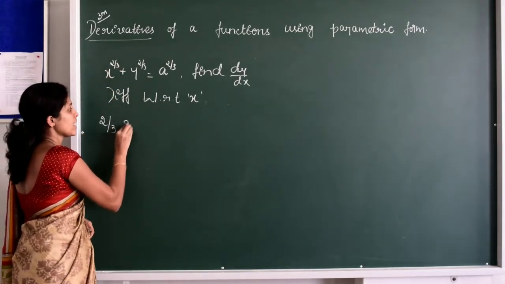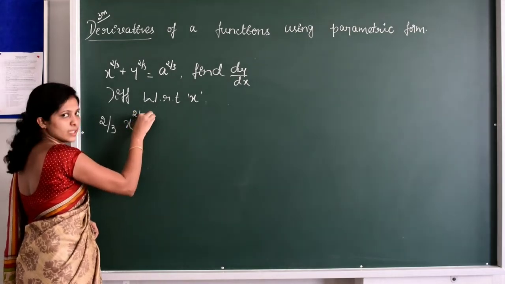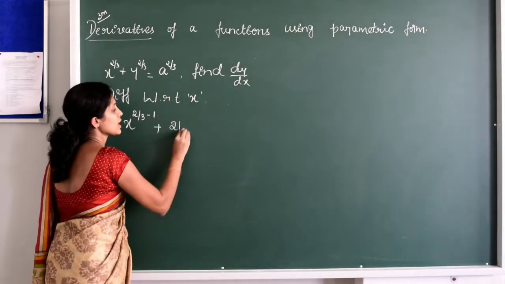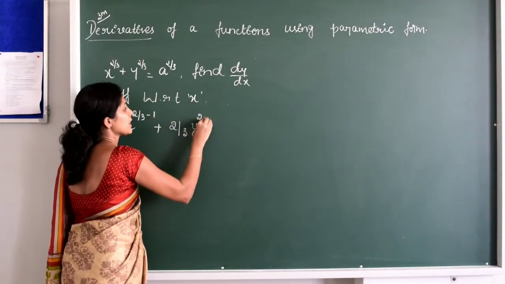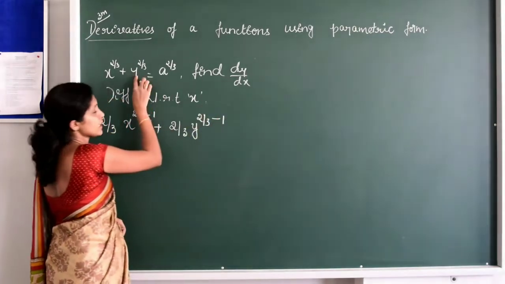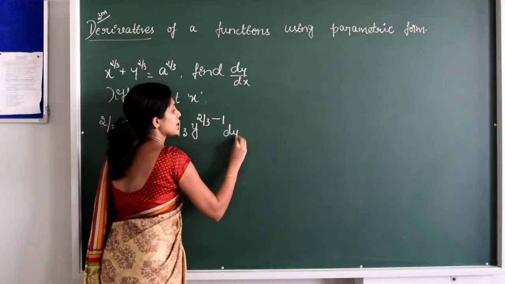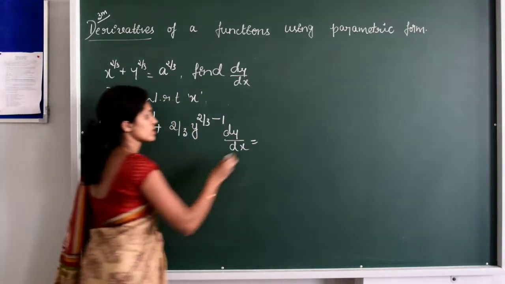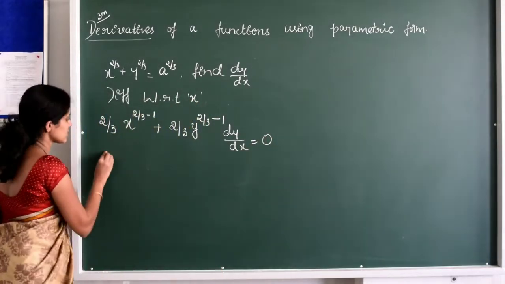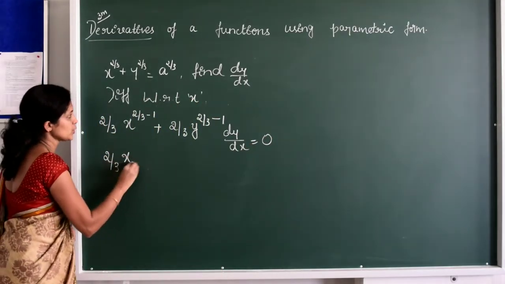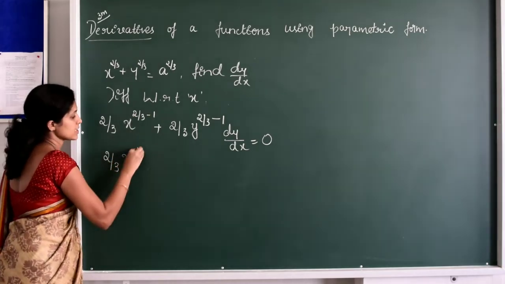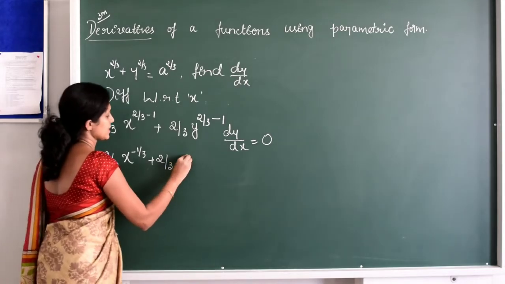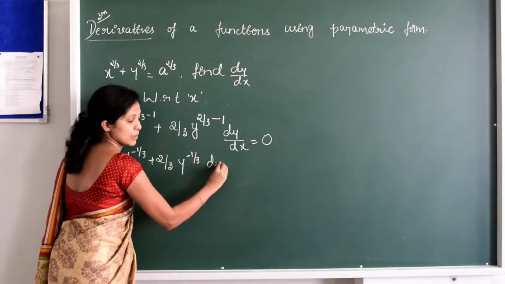So 2 by 3 x to the power 2 by 3 minus 1, plus the derivative of y to the power 2 by 3, which is 2 by 3 into y to the power 2 by 3 minus 1, and the derivative of y with respect to x is dy by dx. This is equal to the derivative of a to the power 2 by 3, which is a constant, so it is equal to 0. Now we simplify: x to the power 2 by 3, taking the LCM, 2 minus 3 will be minus 1 by 3, plus 2 by 3 into y to the power minus 1 by 3 into dy by dx